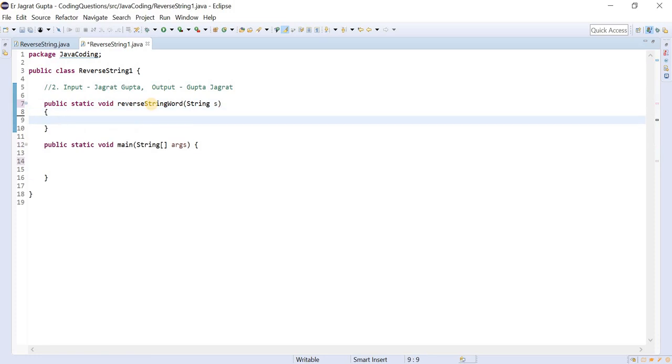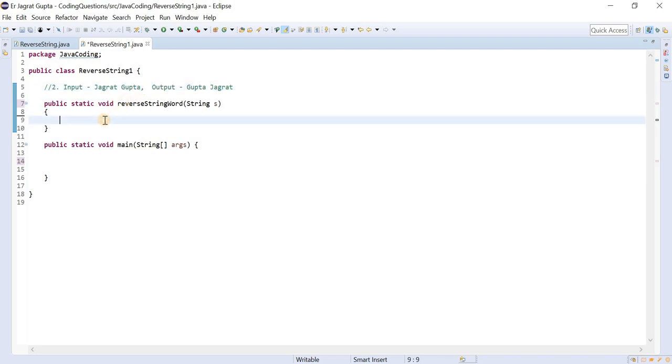So we will use the concept of the split method. The simplest approach would be, if we get the words one by one and then we traverse these words one by one from the last index, then we can easily achieve this.